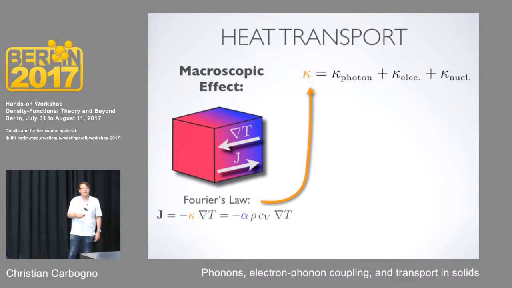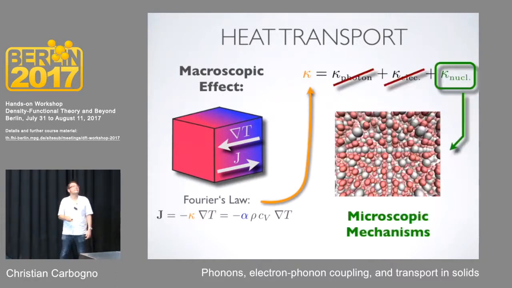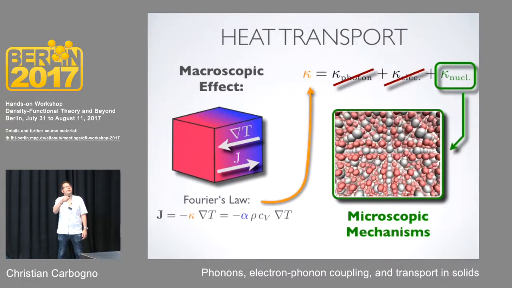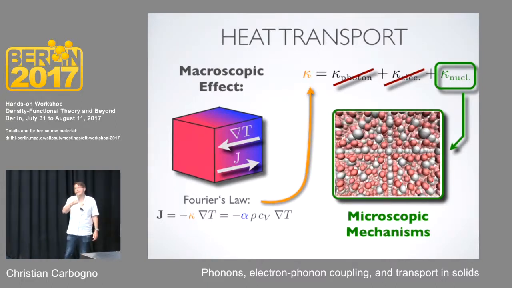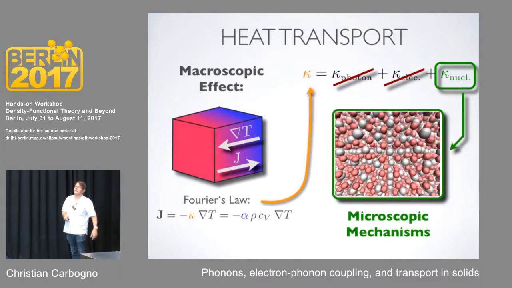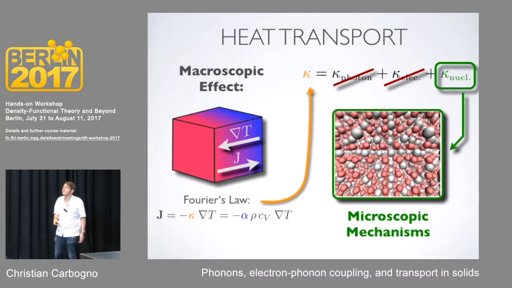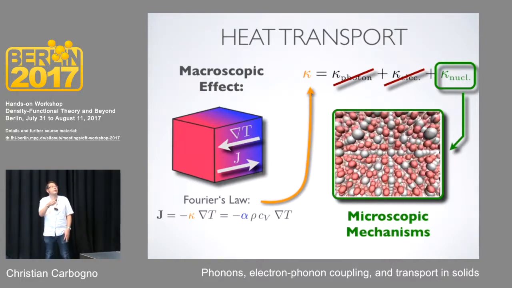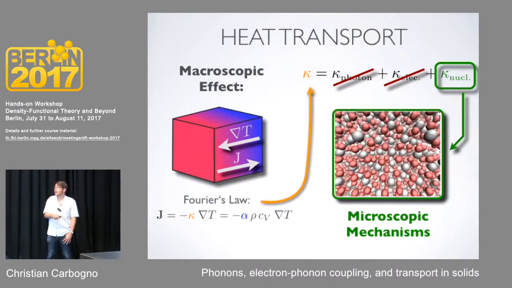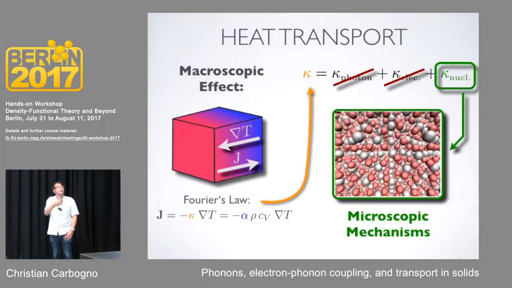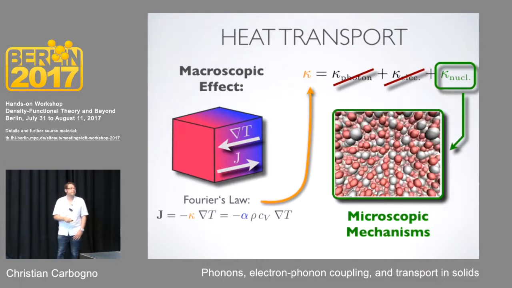You have photons. If you're at very, very high temperatures and your material is transparent and you're essentially incandescent, then photons can start transporting light through your material. For the materials we are looking at, that is not particularly interesting. Similarly, you can have electrons. We'll go back to that at the end of the talk. Now we will look at insulators, where electrons are essentially not contributing to the thermal conductivity. And then the only thing that you have are the nuclei, and we are back to describing the nuclear dynamics.